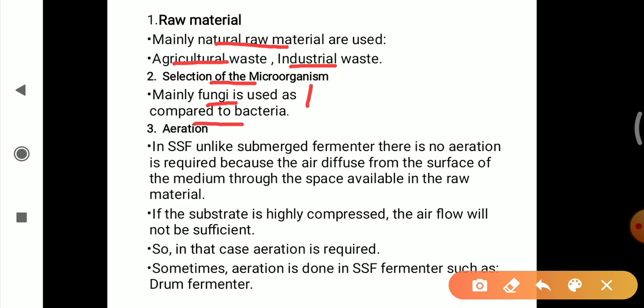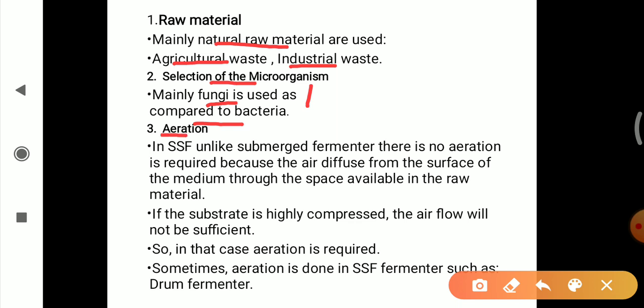One of the best studied actinobacteria is the Cellulomonas species. Cellulomonas species is used for the conversion of lignocellulosic waste to nutritionally rich animal feed. So in the selection of microorganisms, mostly we use fungi and actinomycetes, because they have larger biomass and a hyphal structure that can easily penetrate inside the raw material.